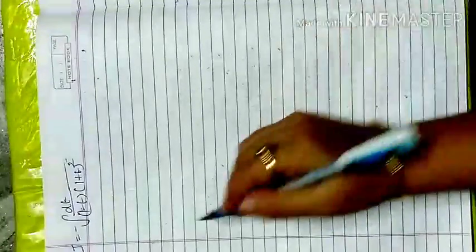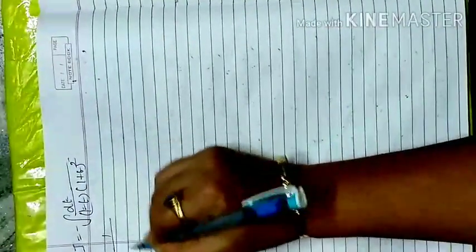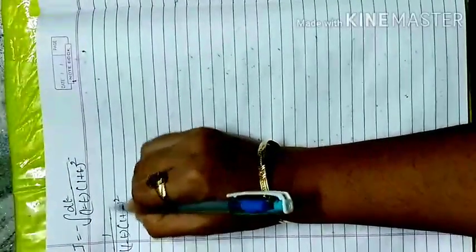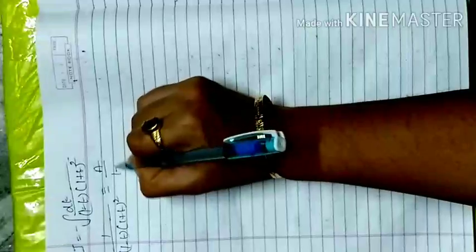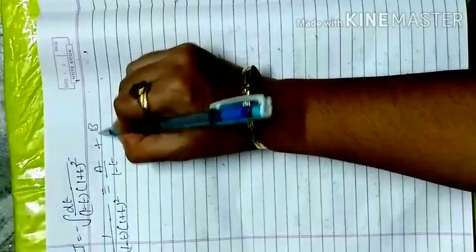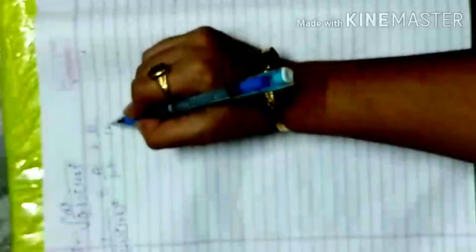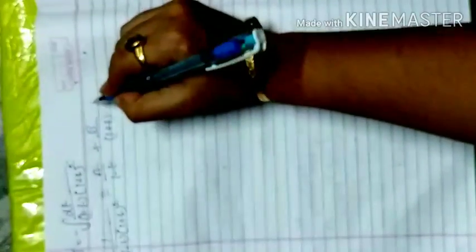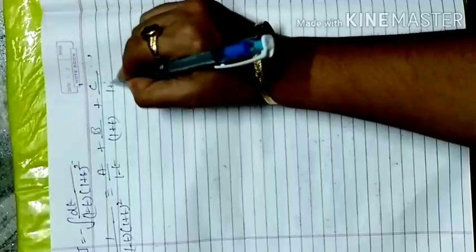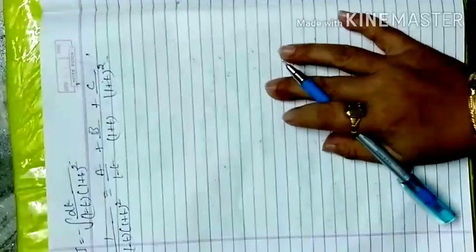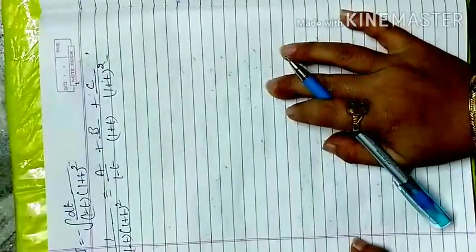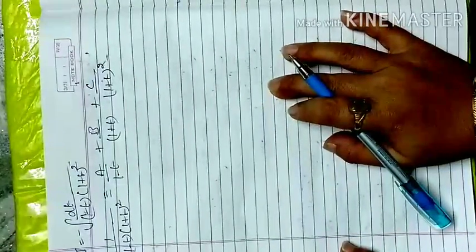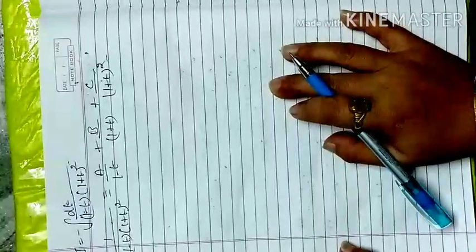So I pick this one, what I want to partially divide: 1 over 1 minus t, 1 plus t whole square is equivalent to A by 1 minus t, the first linear factor. The second linear factor has power 2, but I have to write in increasing power. So first I will write B over 1 plus t raised to power 1, then another variable C over 1 plus t raised to power 2, because this is a linear repeated factor. For a linear repeated factor you go with increasing power, but for a repeated quadratic factor you go with the decreasing power of the different variables.